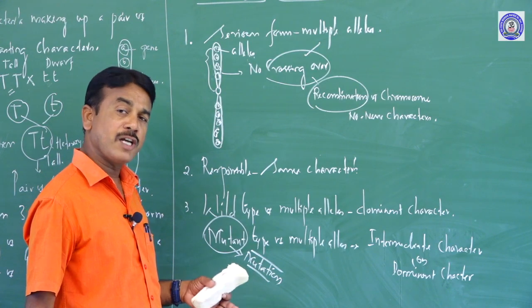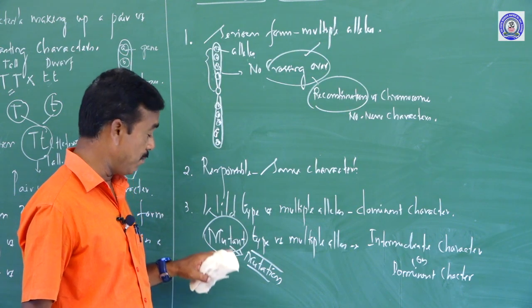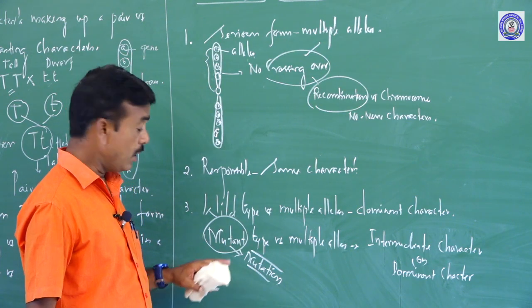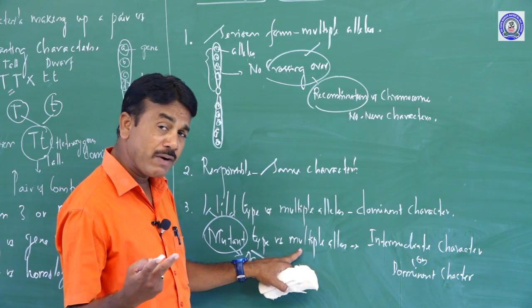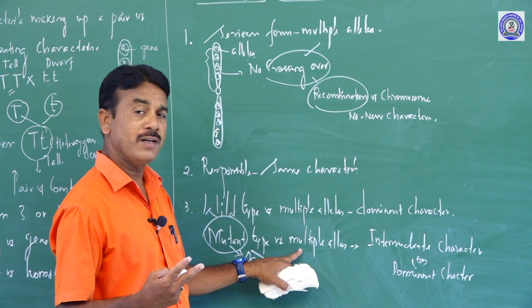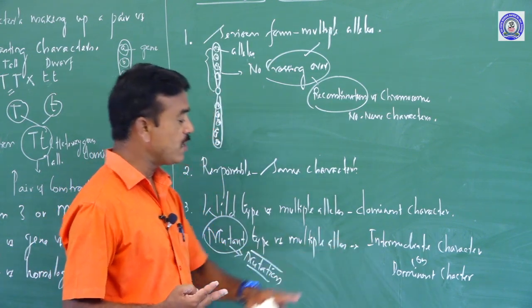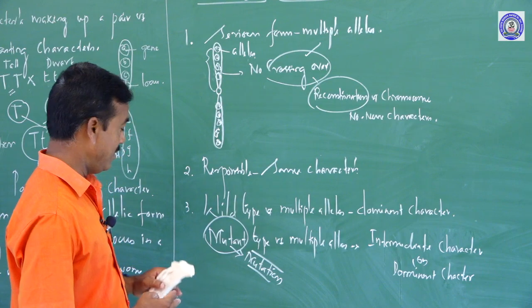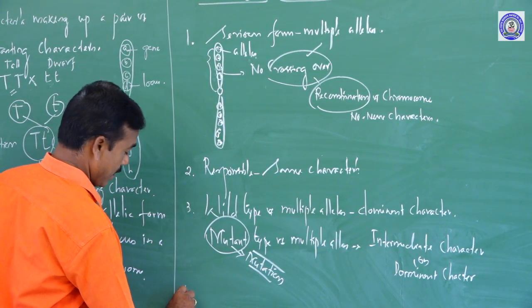Some organisms undergo a mutation, and that organism is considered a mutant. So mutant type of multiple alleles may exhibit two different kinds of characteristic feature, namely it may exhibit the dominant character, or it may exhibit intermediate characters. That is the third characteristic feature. The fourth one,